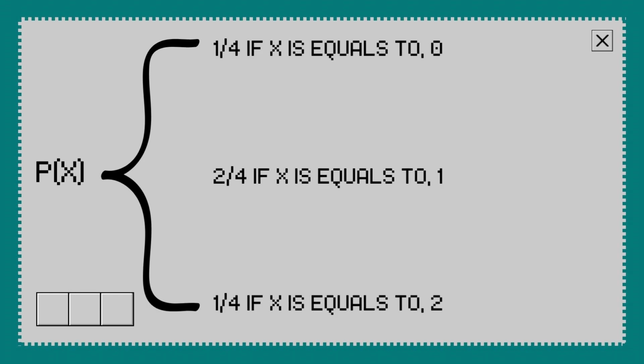For this example, we'll be focusing on the number of heads in each possible outcome. When we write this, it should be organized, either from highest to lowest or lowest to highest. So with this, we started from 0 at the top to 2 at the bottom. To explain the probabilities of our possible outcomes, we have 1 over 4 if x equals